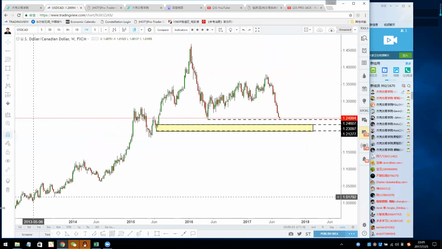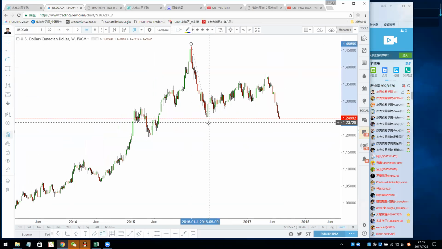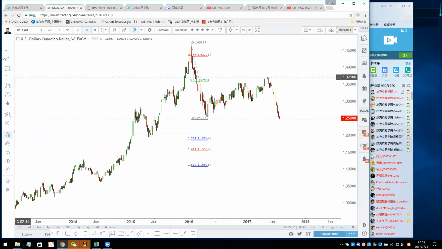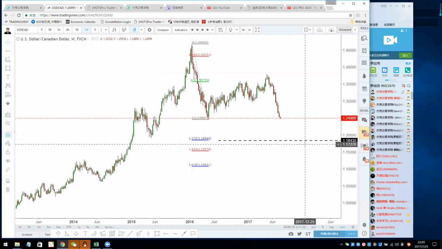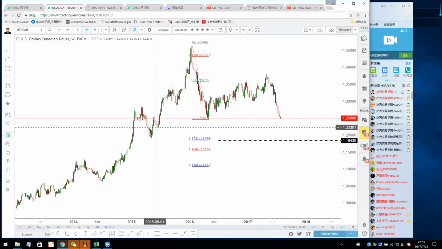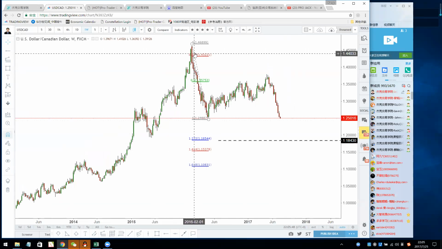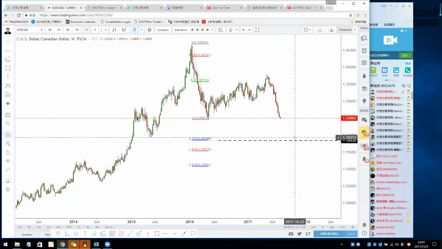Another tool that can help us tell where the dollar CAD is going to fall to, that'd be crazy, is about 1.272, 1.1854. That's a very long way, and in this area I don't see a very good structure. The Fibonacci extension is telling you that the dollar CAD may even go to this place. If the dollar CAD really goes down that much, it basically means oil will go up.